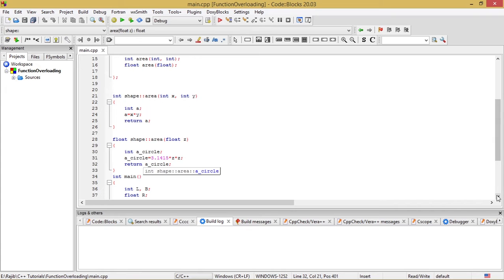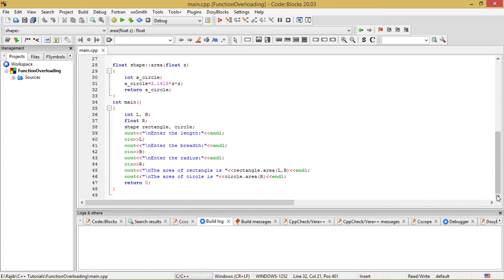After that I go to the main section. See what I have done over there. In the main section I have taken two integer variables, int l, b, and one float variable of the name r. After that I have created two instances of the class Shape, that is two objects of the class Shape: one instance is rectangle and another instance is circle.